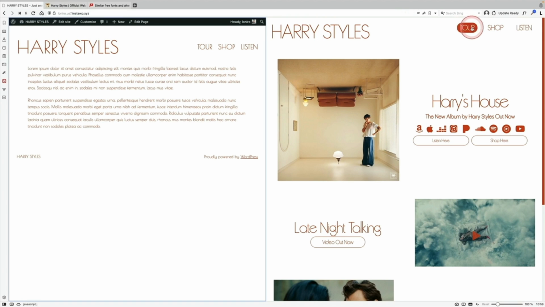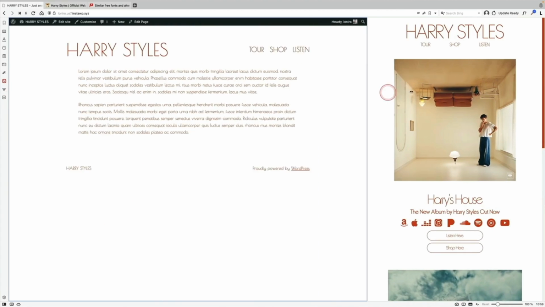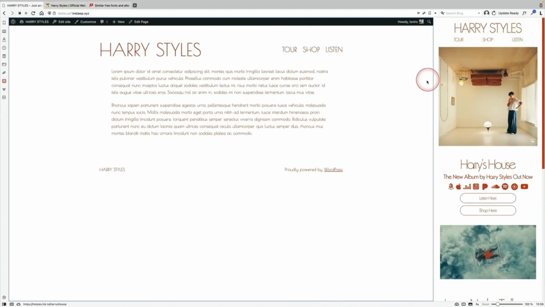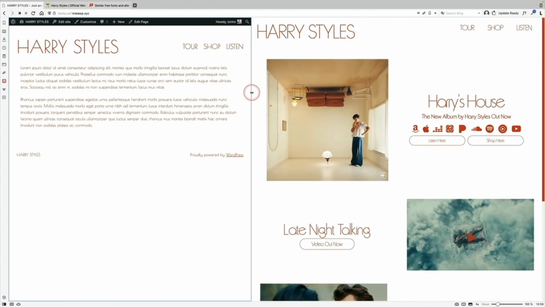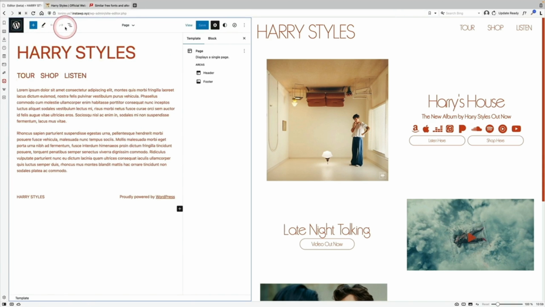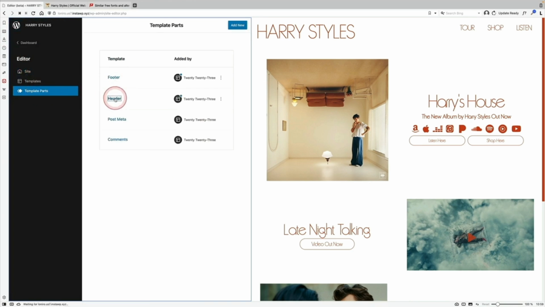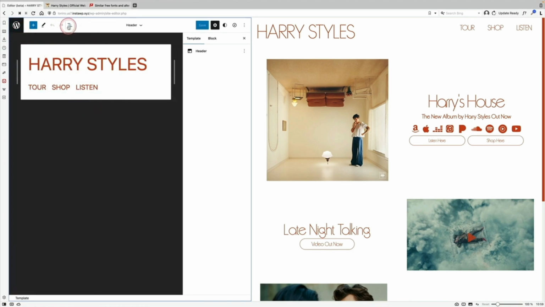Right, the next thing I'm going to do is I want to change the mobile behavior. So on mine, it flips into this little mobile menu. On Harry's, we keep these words, which I kind of like actually. I think they're more accessible than the mobile menu and more user-friendly in many ways. So I'm going to go back to the edit site, and this should just be a default setting in the navigation block. So let's click on template parts, go to the header, and we need to click on the navigation